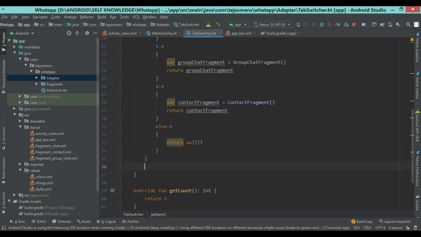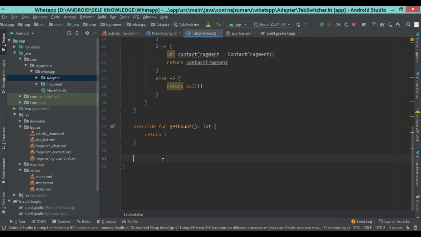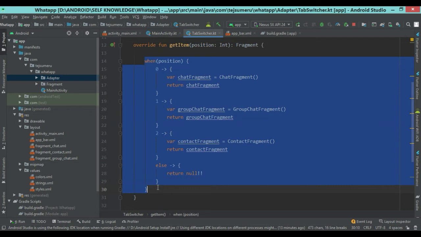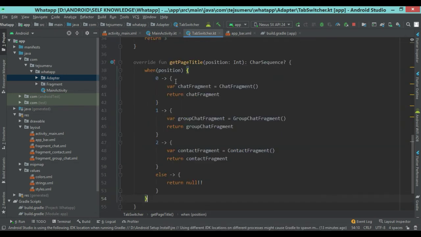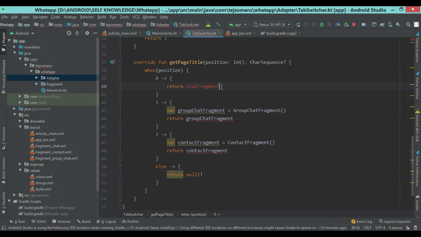Now we implement one another override method, that is getPageTitle. Inside this, we are also using this. Copy this code and paste it here. Now in this, we are simply returning the title of the page. So here we are returning the chat fragment.